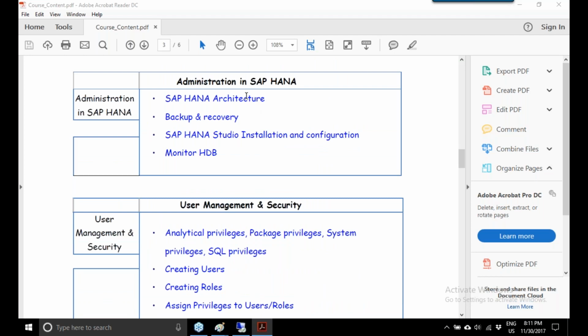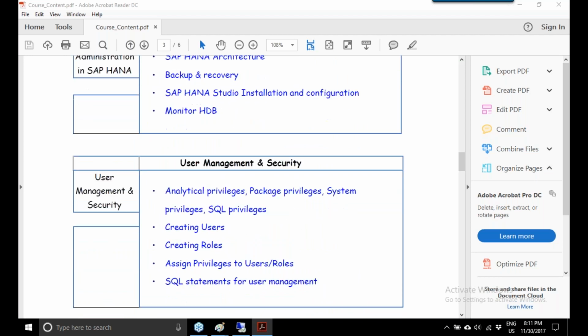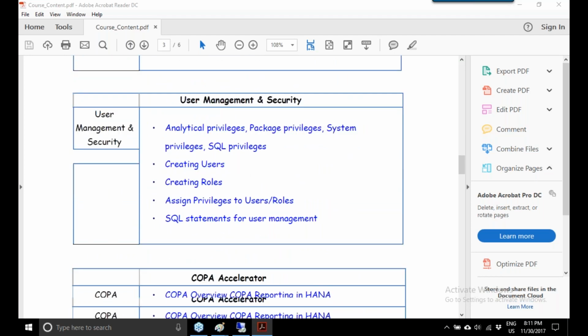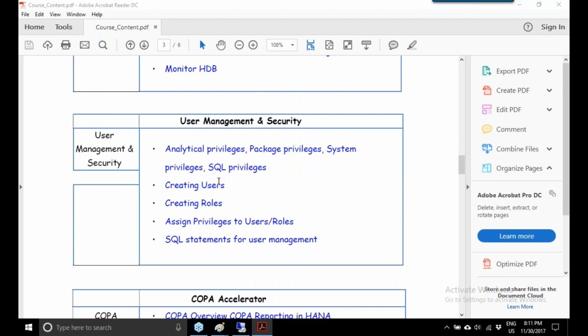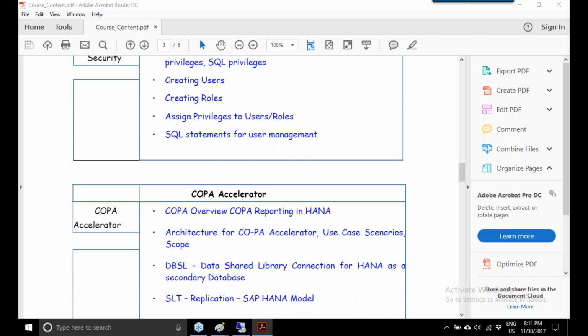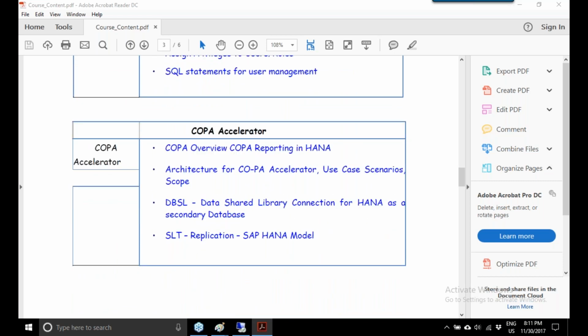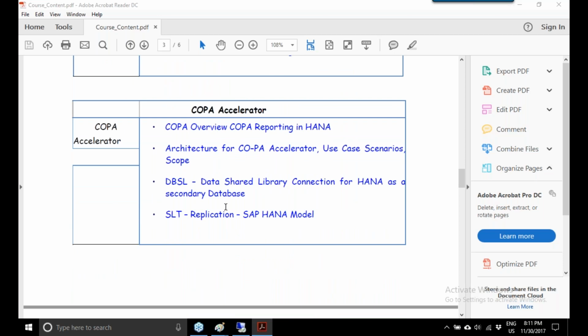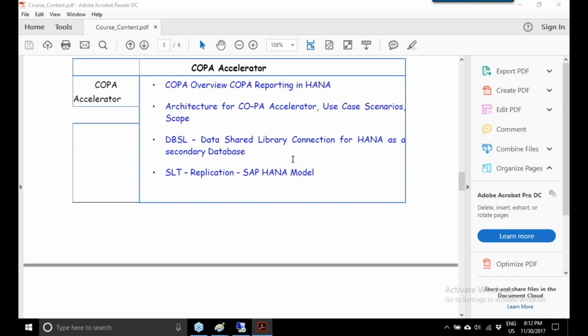And then the architecture of SAP HANA, user management, how we can control data, users' roles, assigning privileges. And then I'm going to explain 2 projects in detail. And after this, I'll also make sure that every participant clears the certification and gets more than 80% in the certification. So shortly I will also show you the materials that I'm going to share with the participants.